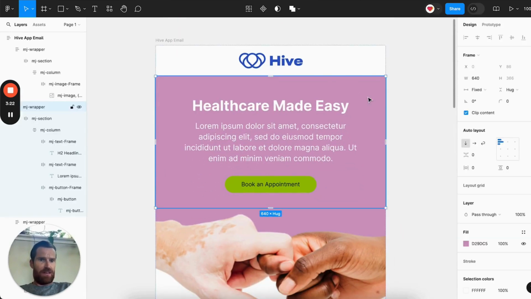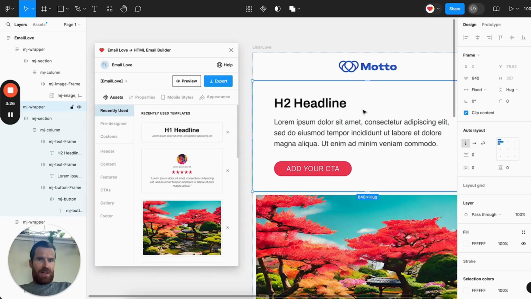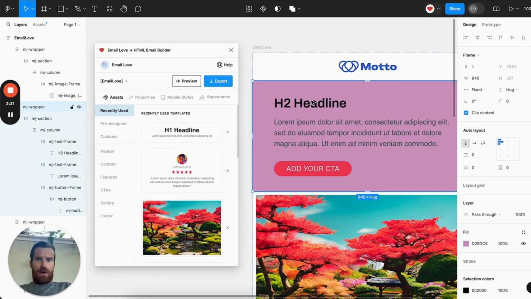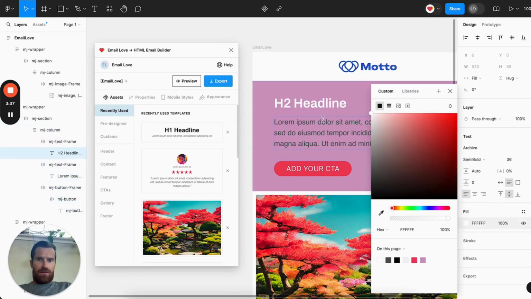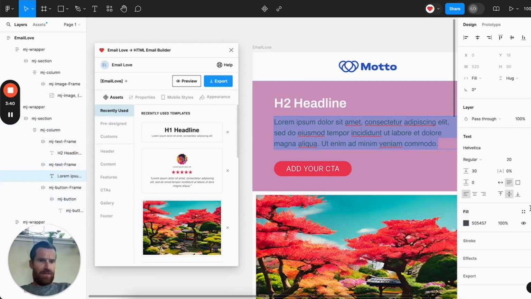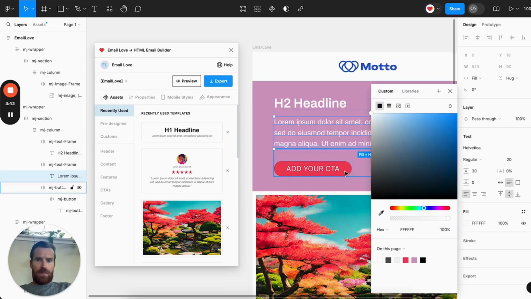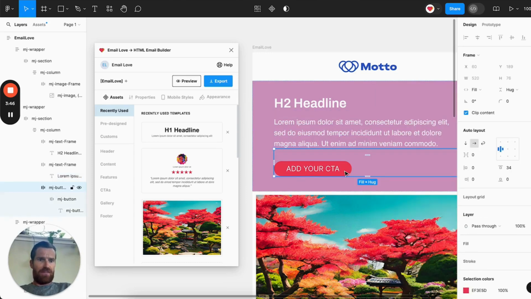Now I also want to update the color. I'm just going to jump over to this file here. And let's see, we want to update this background color. And we also want to change the text to be white. So again, using all of Figma's tools to do this. And the button was centered. So you can see here, if I select the button, with the auto layout, it is